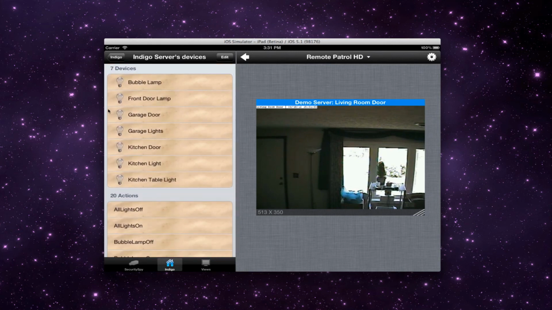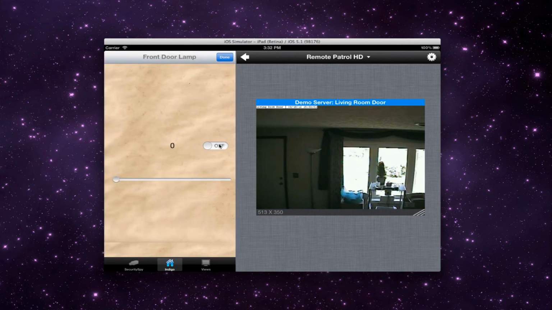So up here, all the lights are currently off. What I've done is I've brought out one of the cameras, which is focused right now on a lamp that we're going to turn on and off remotely using Indigo while we watch it on SecuritySpy. So there's two ways to do that. One is to actually just work with the device and use that to turn things on and off. So let's try that. Front door lamp, and we'll turn it on,